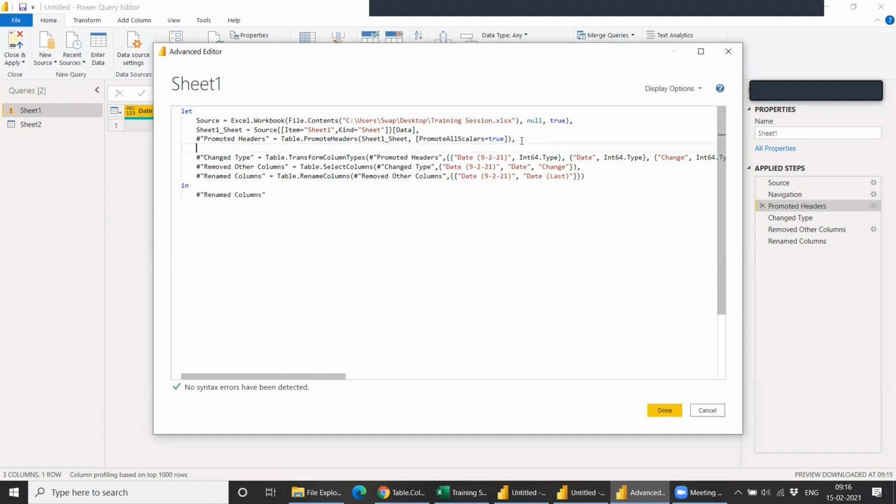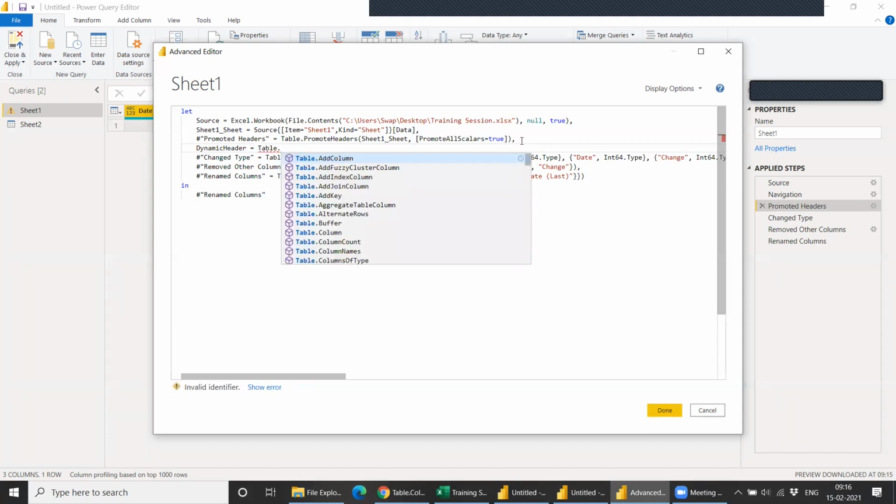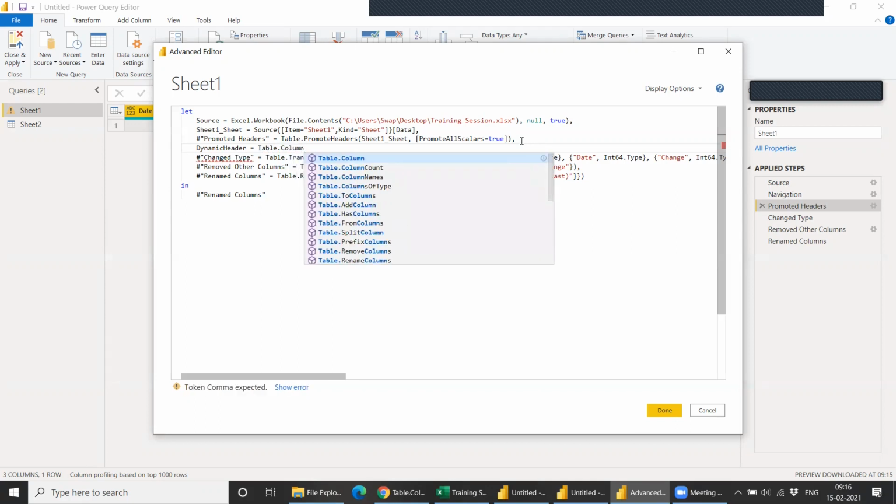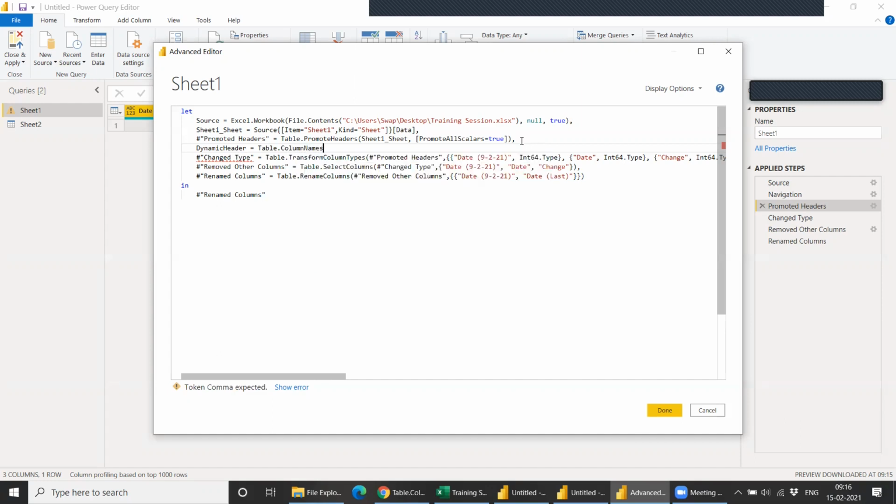So after this step, we'll create a dynamic header, and we'll use the function Table.ColumnNames.